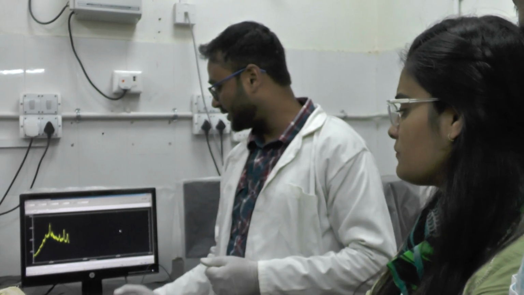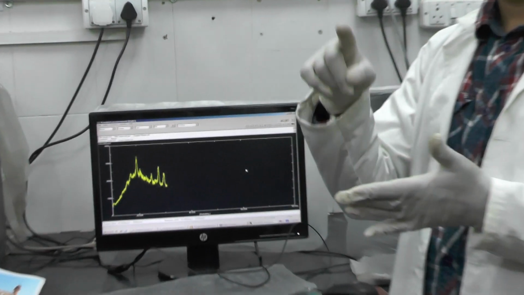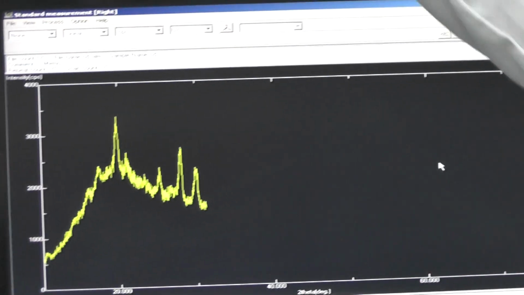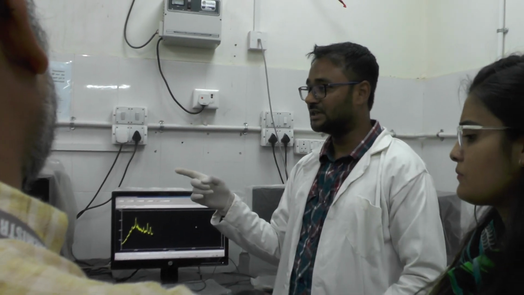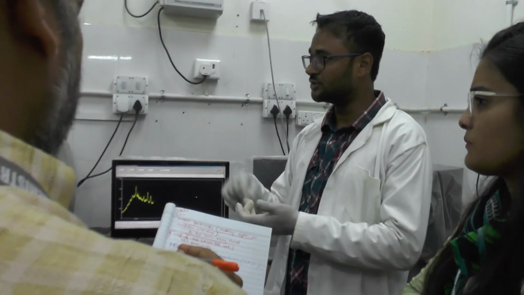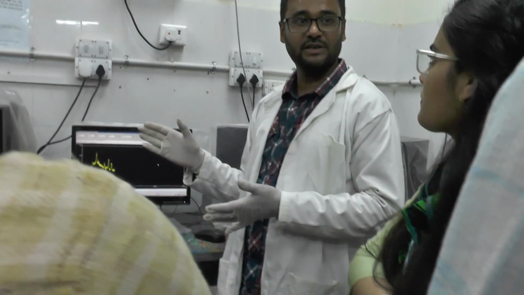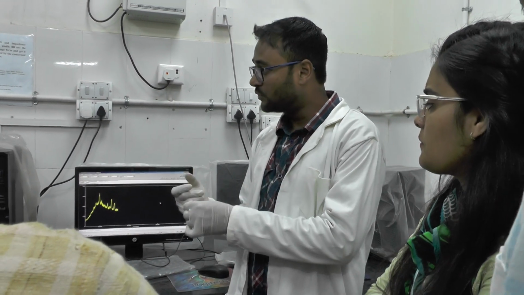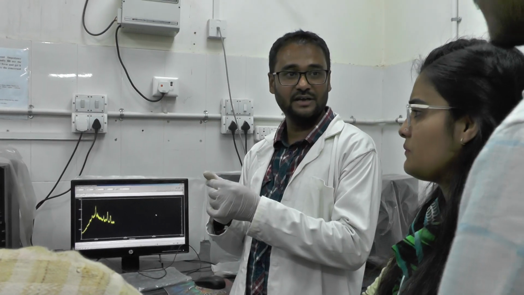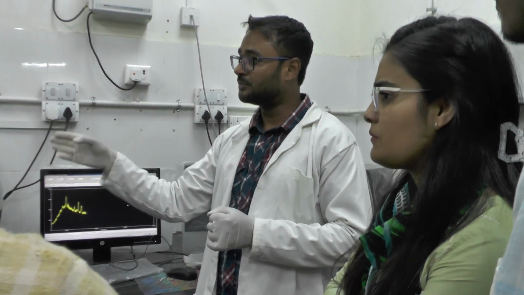When you get a diffraction pattern, in order to find the crystallite size, we use the equation D equals K lambda upon beta cos theta. That is the Scherrer equation. D is the crystallite size. The limitation of this instrument is that we can calculate the crystallite size up to 200 nanometers only. Beyond that we cannot find the crystallite size. Here K is a constant. Normally we take K to be 0.9 or 0.94. Lambda, the wavelength, is fixed at 1.54 angstrom, and a copper source is being used.